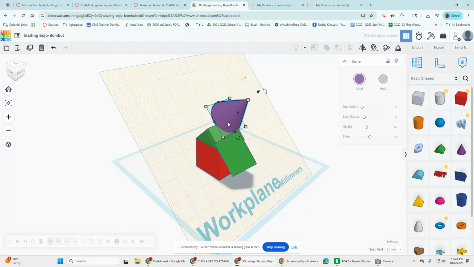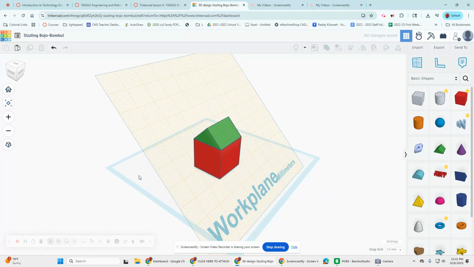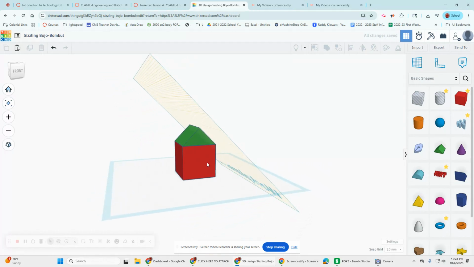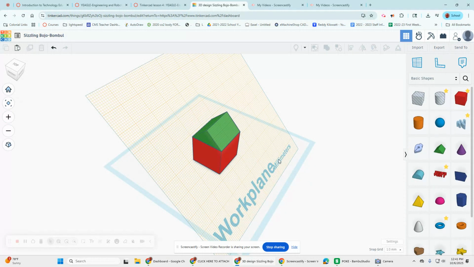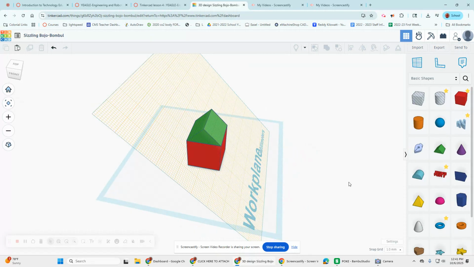All right, in the image in front of you, you can see that I have what's called a work plane. That work plane is created on the surface of this green triangle, or pyramid, whatever that shape is. Anyway, the work plane tool can be kind of handy, and to show you where it's at, I'll just scroll over here to the top right-hand side of the screen, and you'll see I have a work plane